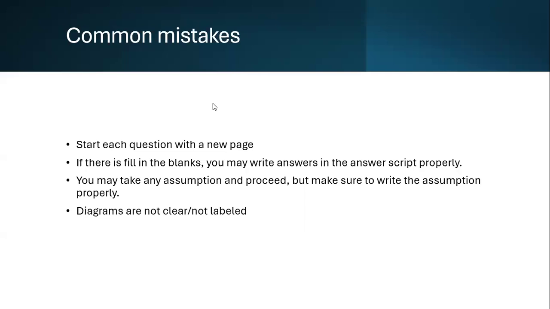Whenever you are writing an assumption, you should write it at the very beginning. For example, question 1, part B, you have some situation where you need to take an assumption. Then at the very beginning, you need to write that your assumption is this. Based on this assumption, you are continuing these parts. And specifically, you need to mention that this assumption affects programming line number 12, because without this assumption, from program line 12 onwards, the program won't execute. So that's an example that you can do.